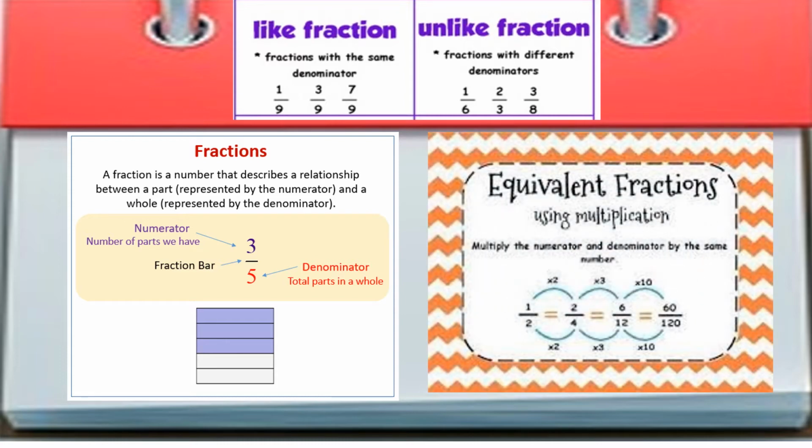Next, one more thing, that's equivalent fraction. It's nothing but if we multiply the numerator and denominator by the same number. You have to multiply both numerator and denominator with the same number, and we get an answer. That we call an equivalent fraction. For example, 1 by 2. This 1 by 2 is multiplied by 2. So 1 2s are 2, here 2 2s are 4. So 1 by 2 and 2 by 4 are called equivalent fractions. Like that, if you multiply, you will get an equivalent fraction. Okay, let us enter in.